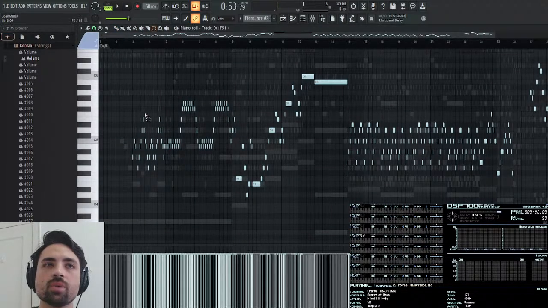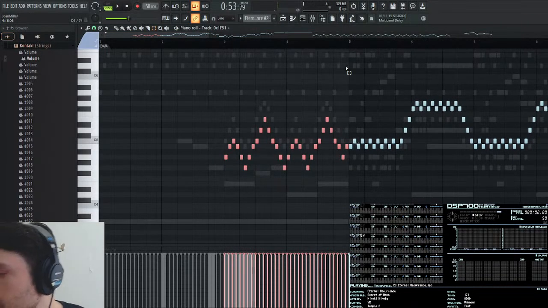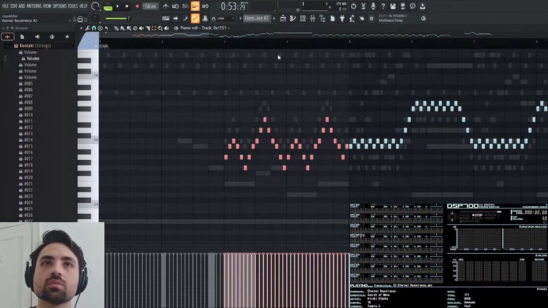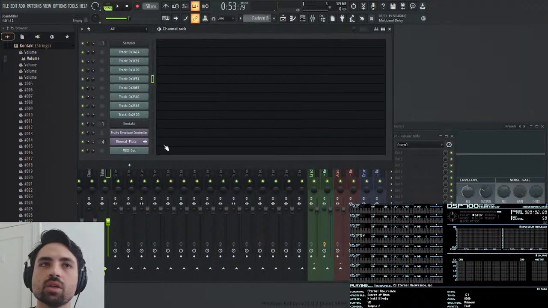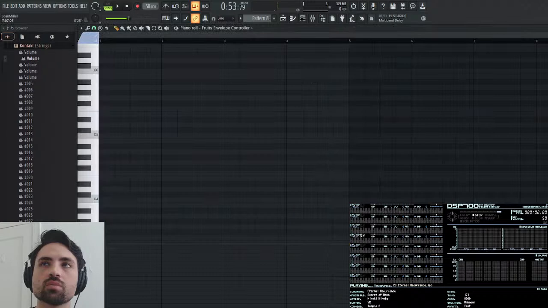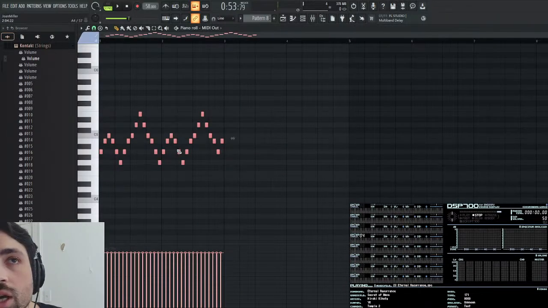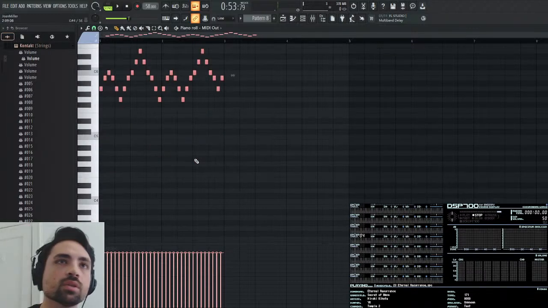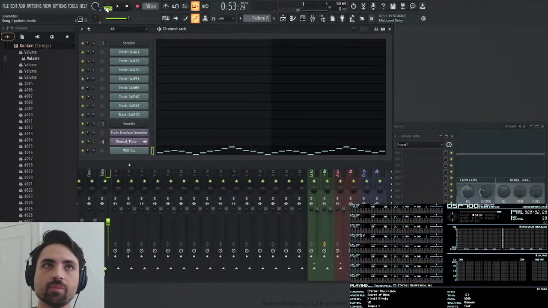So once again, copy these notes. Make sure I didn't go over the line here. Yeah. Copy. And go to a dead pattern and paste it into the MIDI out. But for the flute, we need to put it an octave up. So Control up. And if I play it,